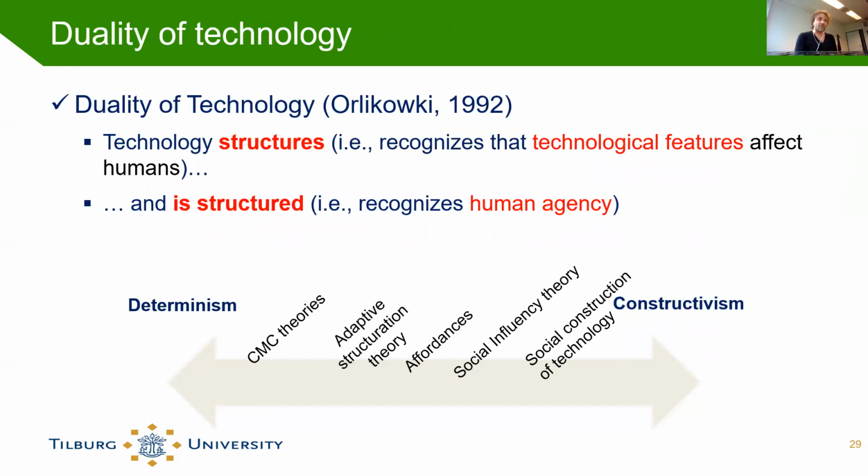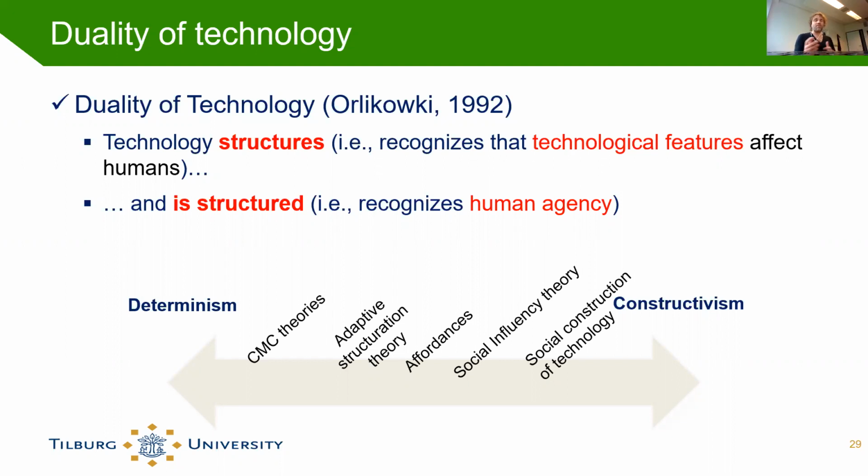So now we continue with the discussion about technology, and then we get to social media, and then we tie that back together to network individualism. So if you look at how we as scientists think about the role of technology in organizations and how technology affects organizations and society as a whole,